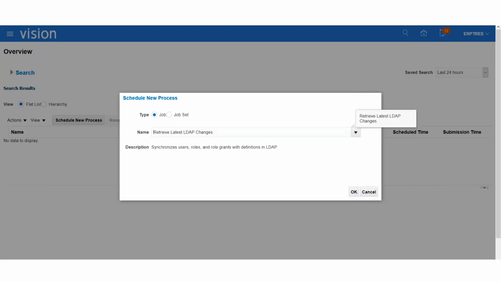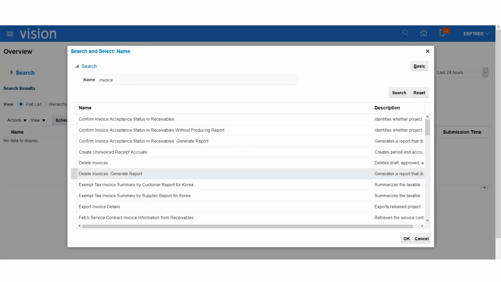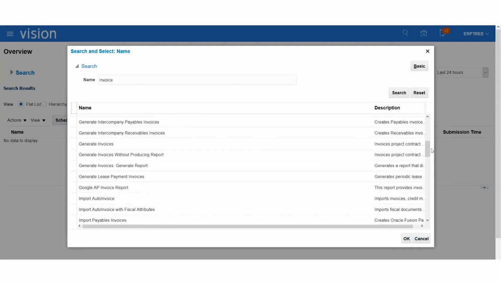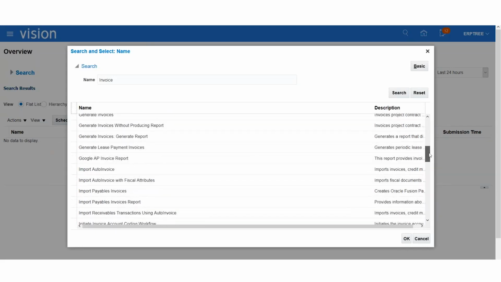Any job you submit in Fusion, whether it is a process or a report, you can find the description. In payables or receivables, if you are going to run any report, whenever you select the report here, you can see the purpose of the report. Say, anything you can take.